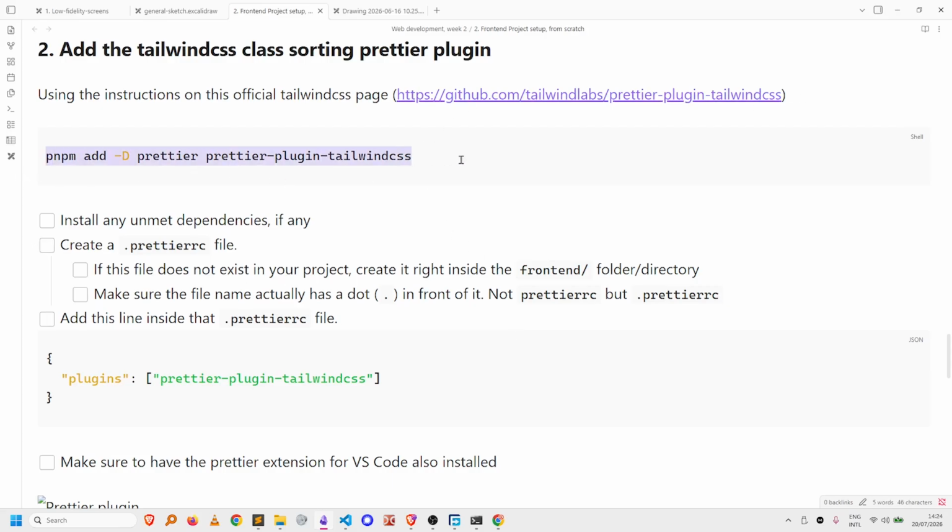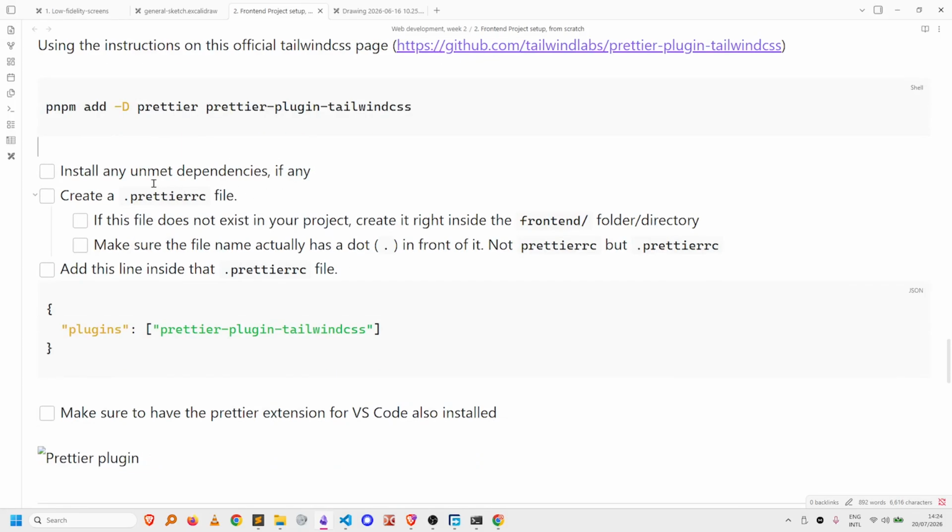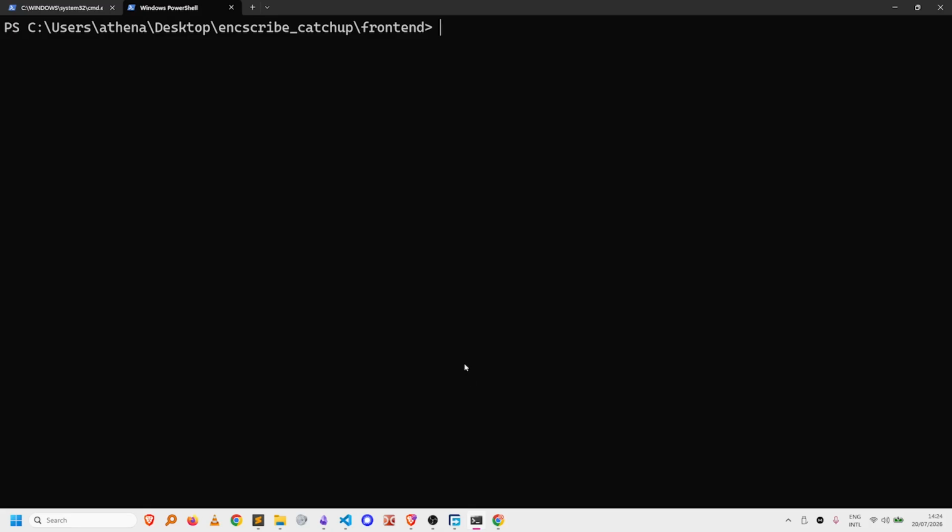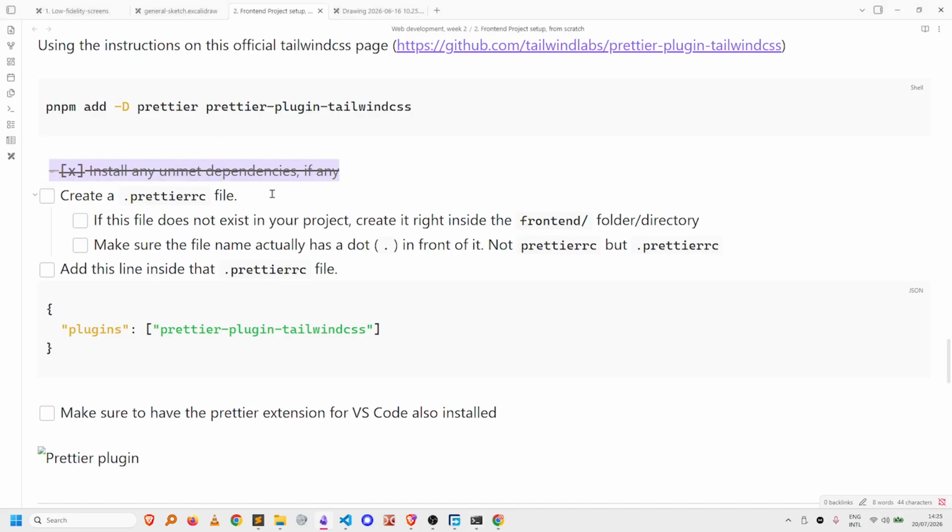So the point was we wanted to add this Tailwind CSS class sorting plugin. And so you see, we have installed any unmet dependencies. We did that when we fixed the peer dependencies thing. This is what this is. So now the next thing we have to do is to create